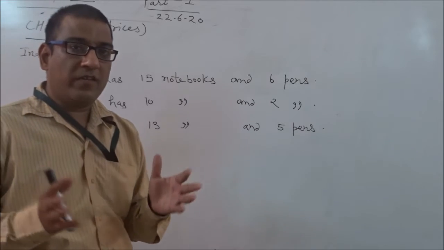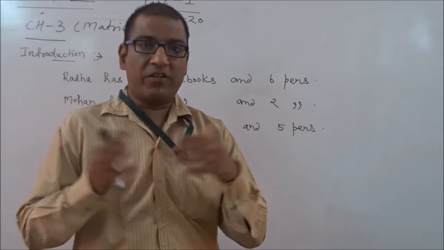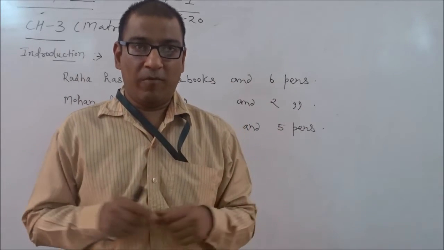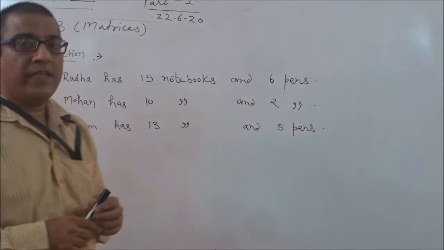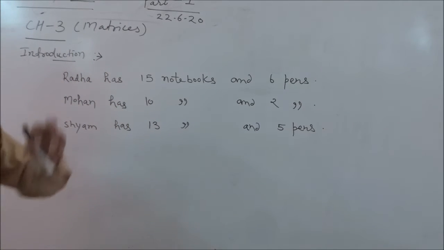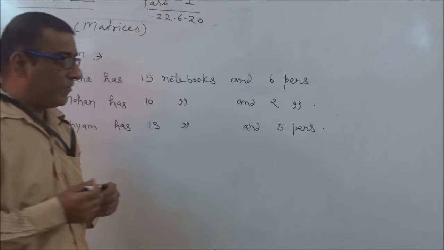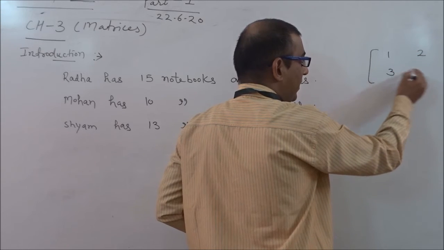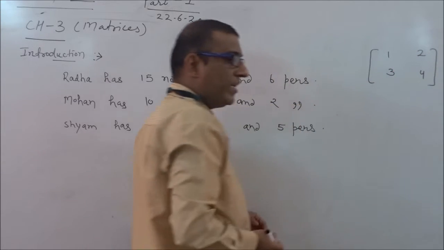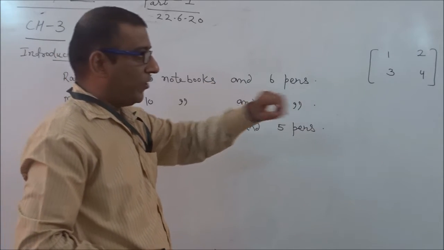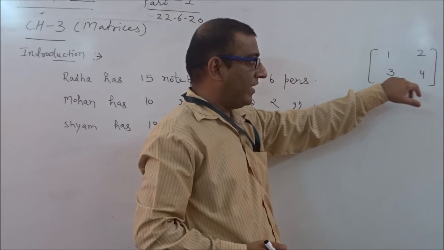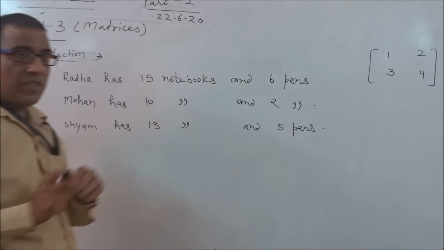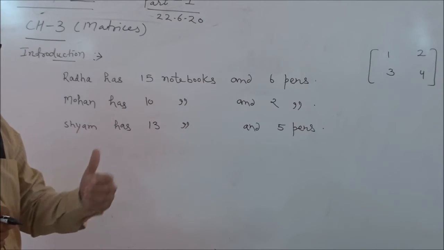Generally when you notice your surroundings, whenever things are in a systematic manner, in a particular row and column, you want to express something in a particular format. For example, if you want to denote 1, 2, 3, 4, it is in a very systematic manner. If you have noticed, you write 1, then 2, then 3, then 4, and then this symbol. So in the concept of matrix, how can we define it? How can we start it?